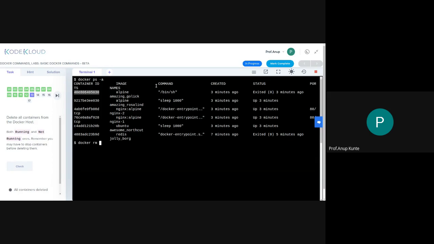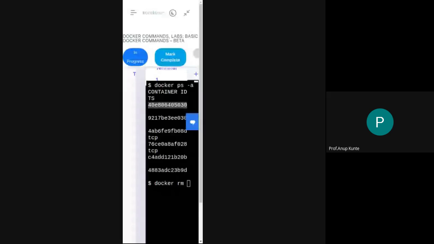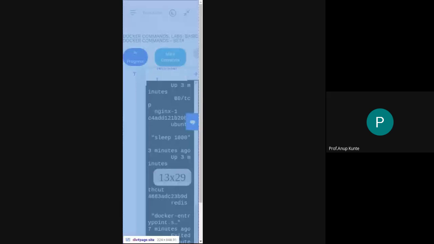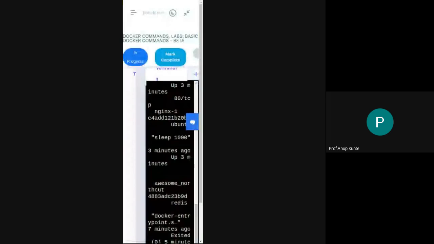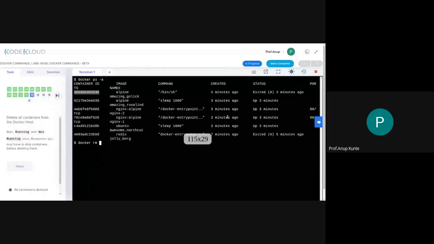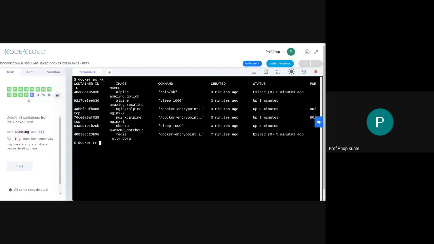So this is the exited container. I'll choose the container ID and, sorry, I pressed some wrong key and it started. Yeah, it came back. Pressed the wrong key. So I'm providing a container ID to rm. I don't know whether this is right or not. The name of the container is Alpine, but I'm writing docker rm and providing the container ID.